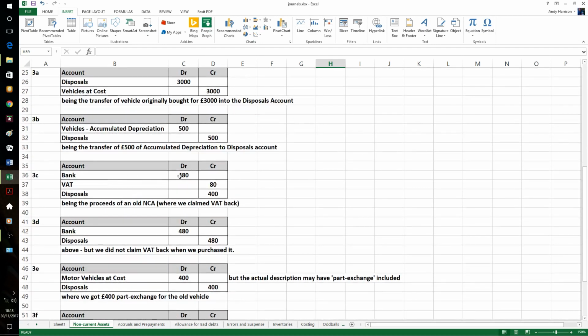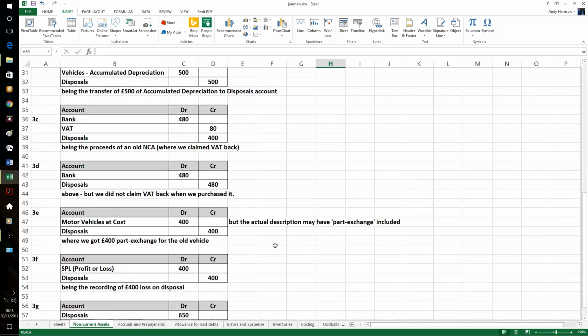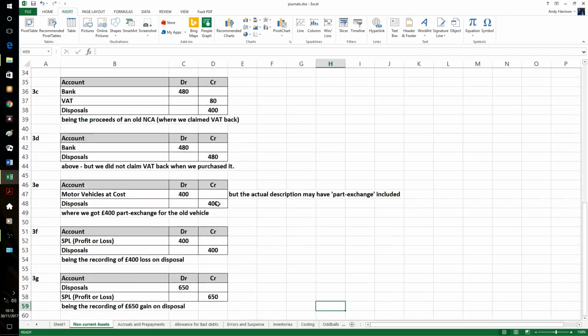In this case we've sold it for £480. We've had to charge VAT if we claim VAT back when we originally bought it. Otherwise it would be £480 in both accounts and no VAT. If it's part exchange, the debit entry is to the replacement asset. In this case it's a motor vehicle, so we've debited motor vehicles at cost, but the credit entry is still